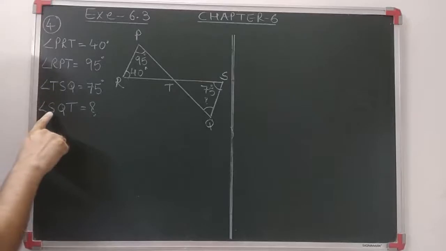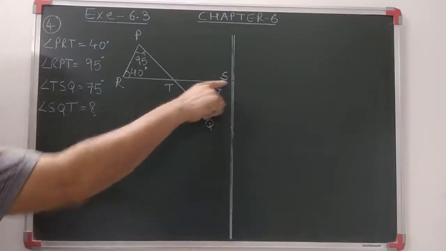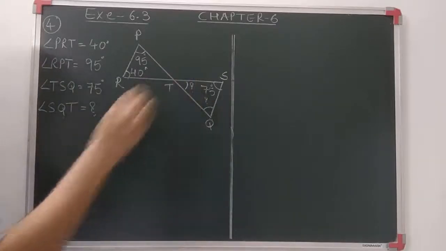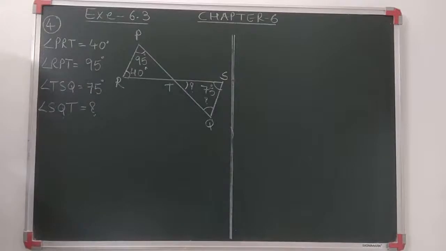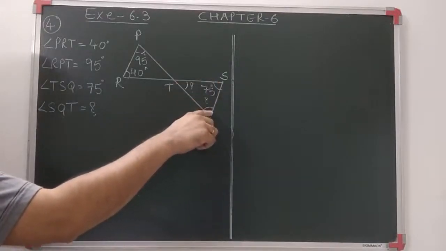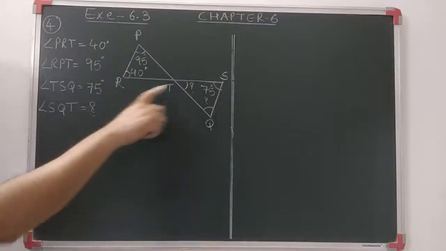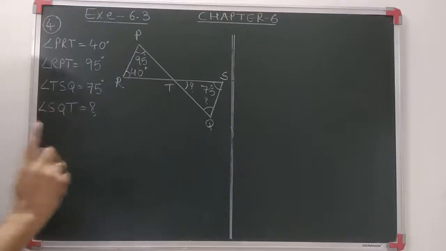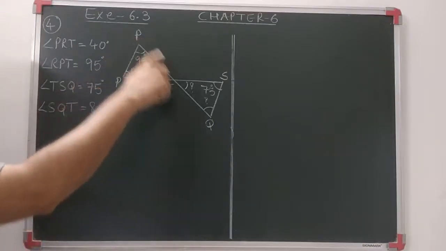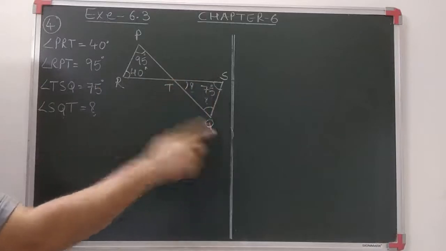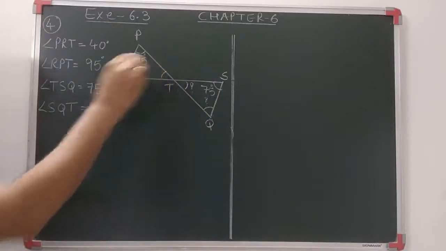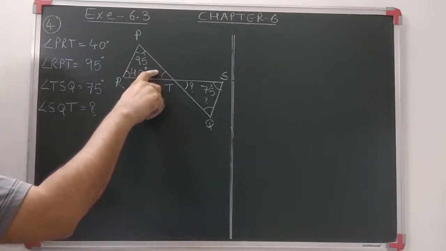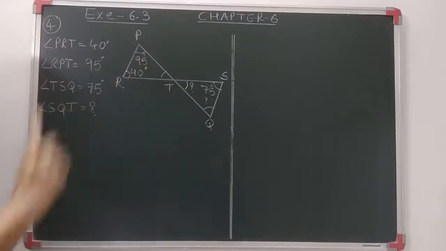Okay. So now this angle we have to find out, SQT. This is an angle of this triangle. So if I can obtain angle STQ from somewhere, then by using the angle sum property for this triangle, I'll obtain this one. That means I have to find this angle STQ. Now if you observe this diagram very carefully, we can see that PTR and STQ are the same because they both are a pair of vertically opposite angles. So I have to find this angle. This angle can be obtained using the angle sum property for this triangle.